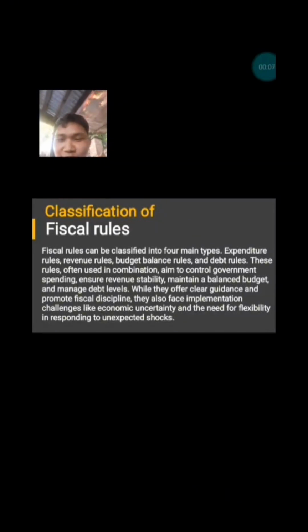Classification of fiscal rules. Fiscal rules can be classified into the four main types: expenditure rules, revenue rules, balance rules, and debt rules. These rules, often used in combination, aim to control government spending, ensure revenue stability, maintain a balanced budget, and manage debt levels, while they offer clear guidance and promote